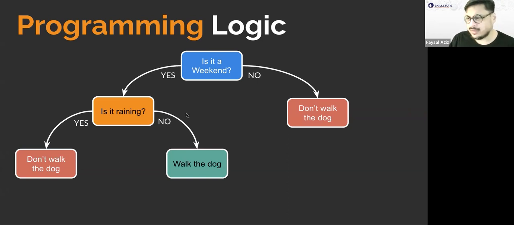What do you mean shorten this? What are you talking about? It's pretty simple, because we've already seen a pattern. The first questions they ask are: is it a weekend, and is it raining? These are two main questions. Or you could just ask, is it raining? And then is it a weekend? It will give you the same answer. So one has to be yes, the other has to be no.